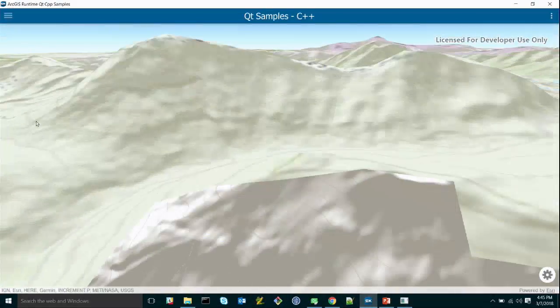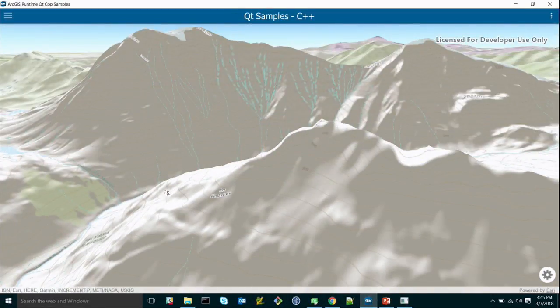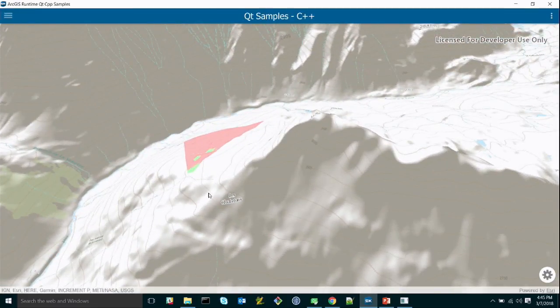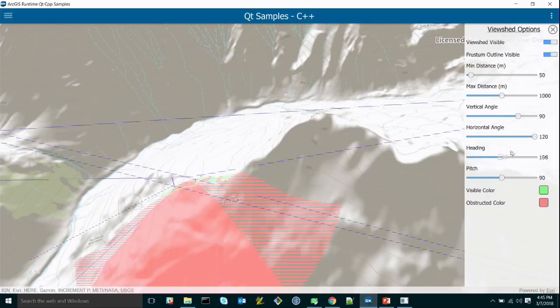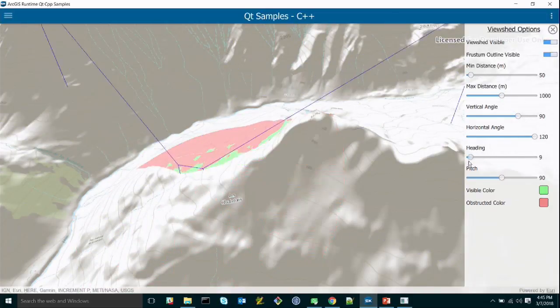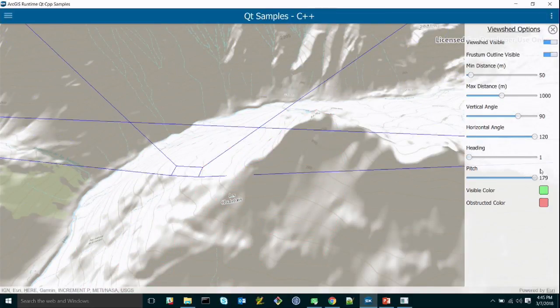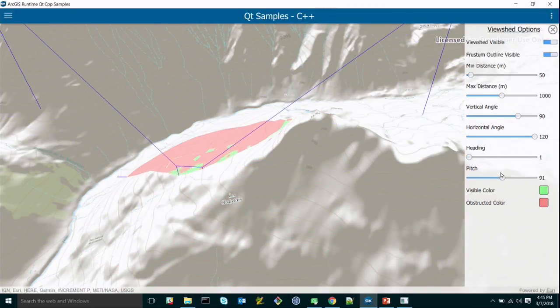So now we're going to the Alps, and this demonstrates viewshed. When I click, it drops a point. So this is using the location line of sight that takes a point geometry. And then I have a panel here that allows me to change some of the parameters. So I can do things like change the horizontal angle, change the heading, and change the pitch. So this frustum outline is the blue lines here, and that helps you visualize what your